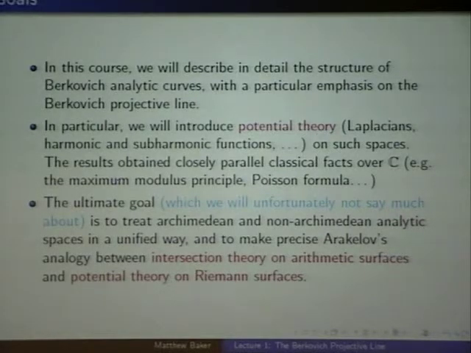I mean, literally, the Green's functions in the potential theoretic context on Berkovich space are computing intersections on models in some very nice way that takes different models into account at the same time. And so, well, I want to start in a much more elementary way than this, but ultimately this is where